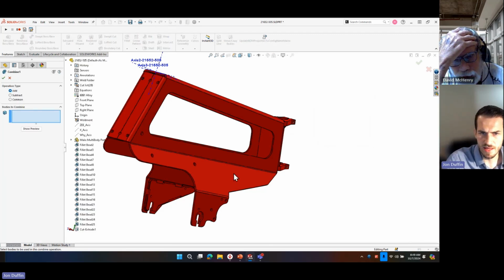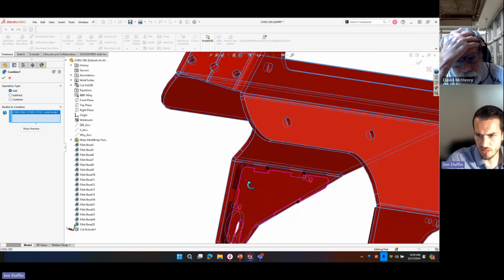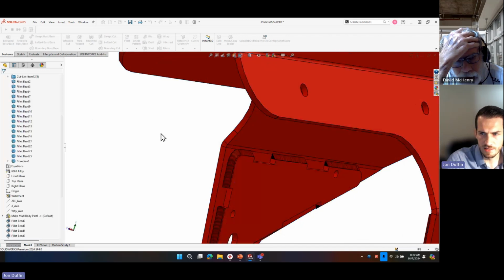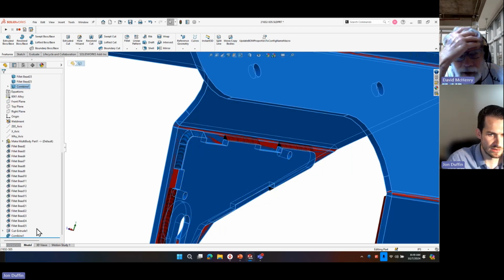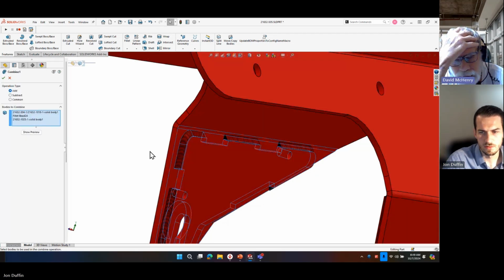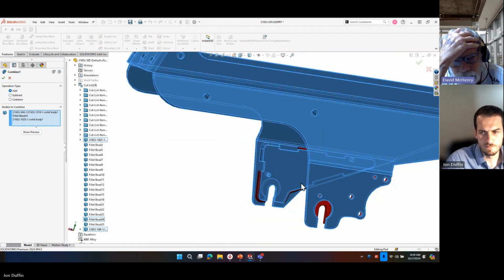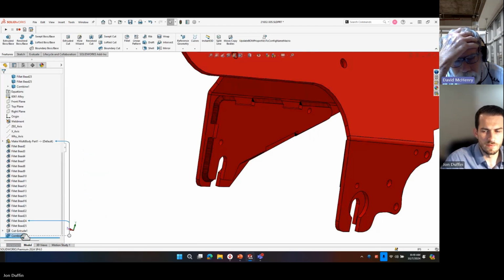If I go and combine, and just for the example here, if I choose this one, and assuming these are touching, if I take one of my fillet beads and this guy that I add, now those are one body. So everything I've selected here is now one single body. For the sake of simplification of the model, it might be good to have either a configuration or a part where the weld beads aren't even in there, because they're not going to significantly impact the loading of it. But I see that the combine tool will be great if I can get it all to combine, but you can't combine